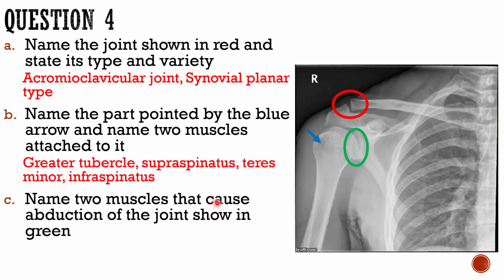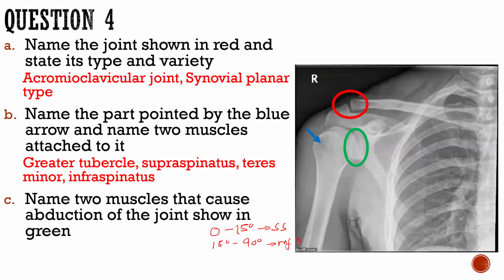Now, name 2 muscles that cause abduction of the joint shown in green. The joint here is the glenohumeral joint. The muscles which cause abduction there: supraspinatus, which initiates. Let me just write this. From 0 to around 15 degrees, we usually have supraspinatus, and then 15 degrees to 90 degrees, we have the